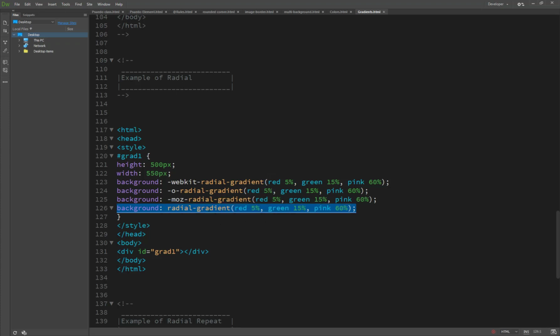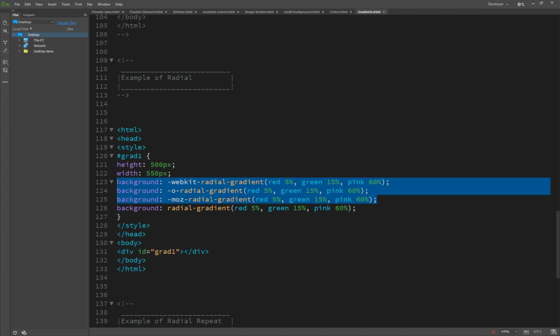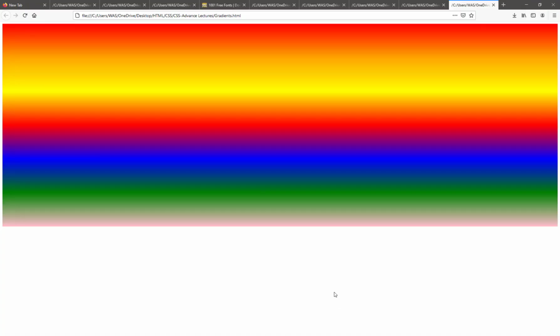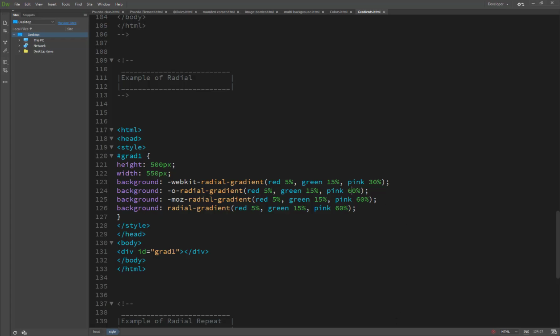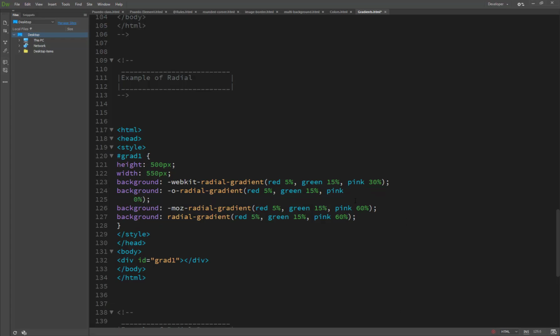So that thing, but CSS community I recommend you should use these 4 types if you are using the gradient. So now we are just seeing an example, and you will see how it looks in the gradient, with the pink at 60%, and if I set pink from 60 to 30%, so now you will see here from 30% here,